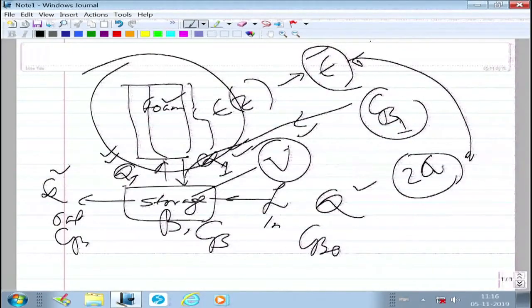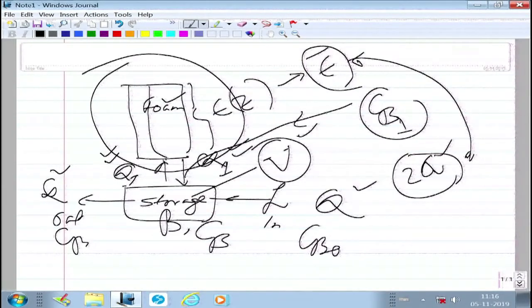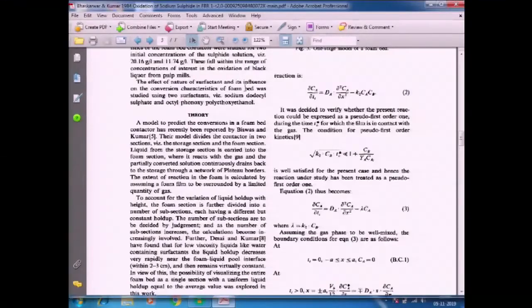The problem then reduced to gas absorption, oxygen absorption in foam films, flat foam films of thickness 2a with a pentagonal shape and undergoing diffusion and chemical reaction. The second order chemical reaction, which is nonlinear, we argued can be considered as pseudo first order. That linearization allowed us to attempt a solution for this problem. Okay. So, the problem then was reduced to the following.